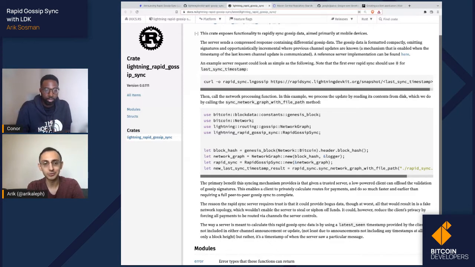And just so that people trust us and see that we're not trying to fool you, maybe we can output the size of the network graph beforehand and also measure the amount of time that elapses. Then after we apply the rapid gossip sync snapshot, we can output the size of the network graph post application, and maybe even list the channels and the nodes and count how many we have created. So if everything goes right, it should work. Okay, let's give it a go.